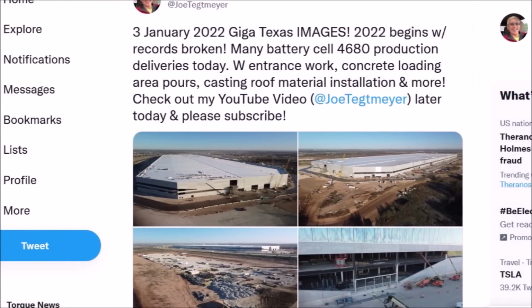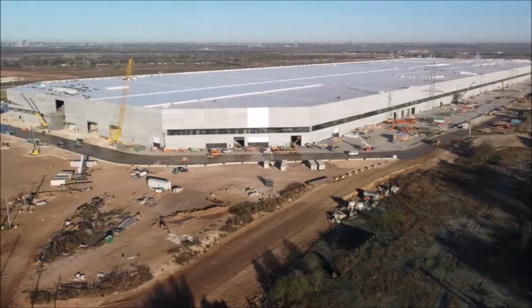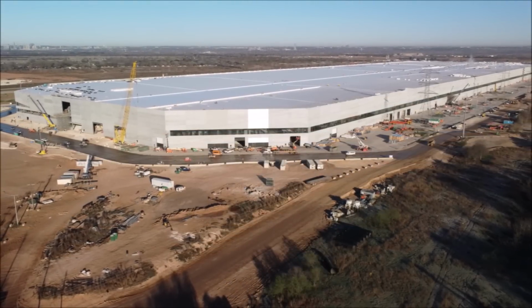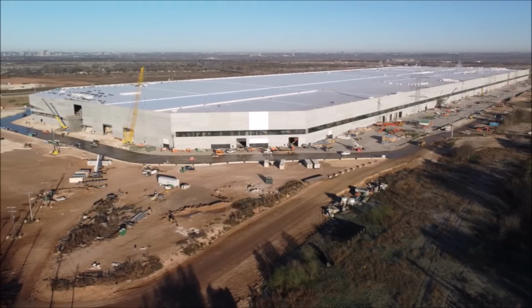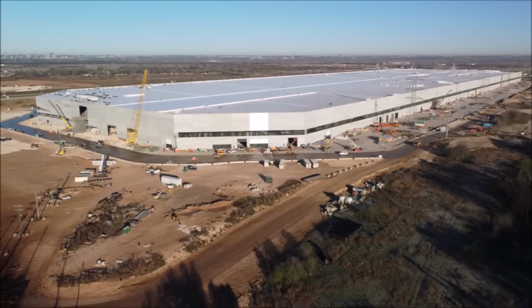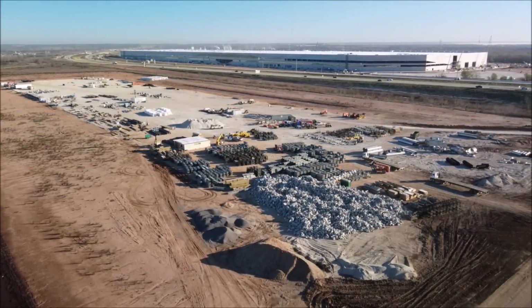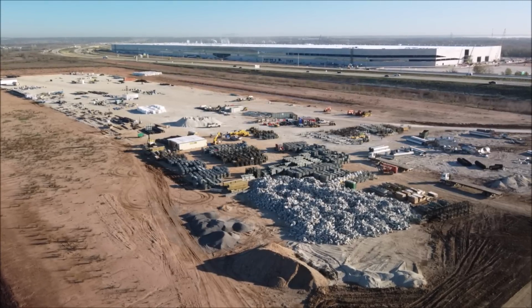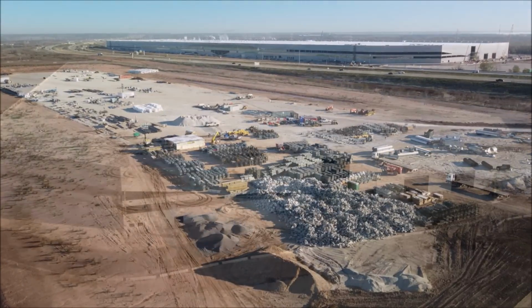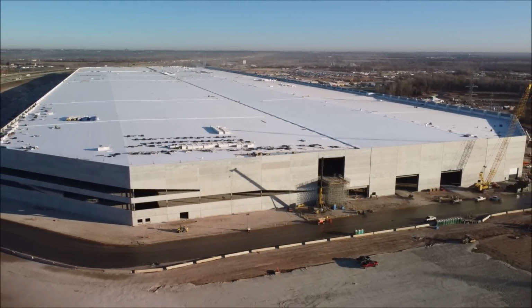actually it's by Sawyer Merritt, who also says that start of production is probably today, and also a tweet by Willsman, who says that a huge announcement is expected from Elon Musk about Giga Texas. What is this announcement? We have a few theories of what it could be, and we'll discuss here, says Jeremy Johnson from TorqueNews.com. He says, whenever someone tweets that Elon Musk is going to say something important, you have to be